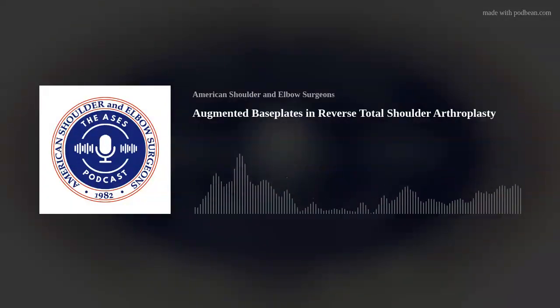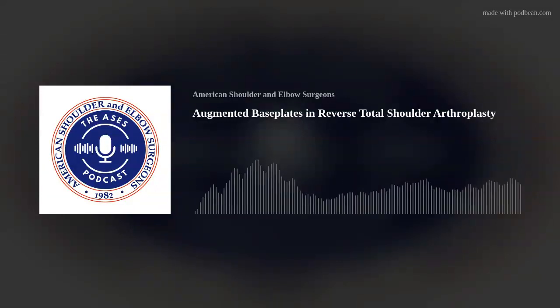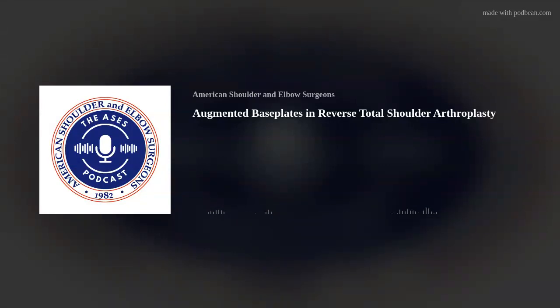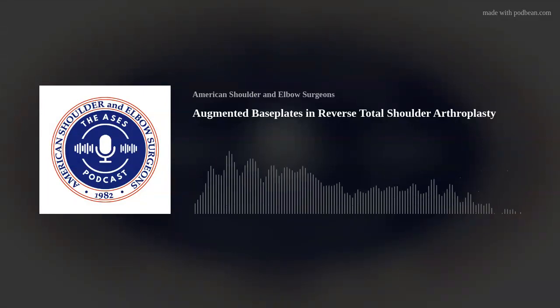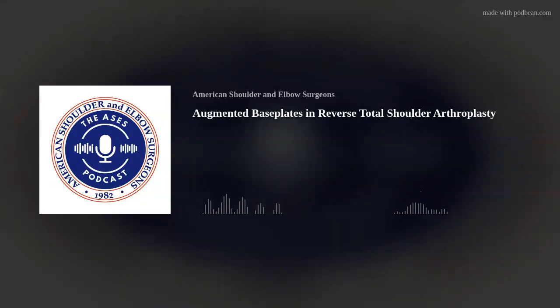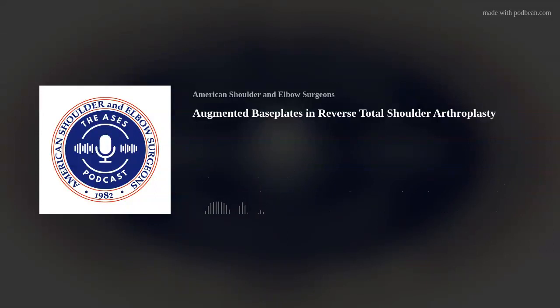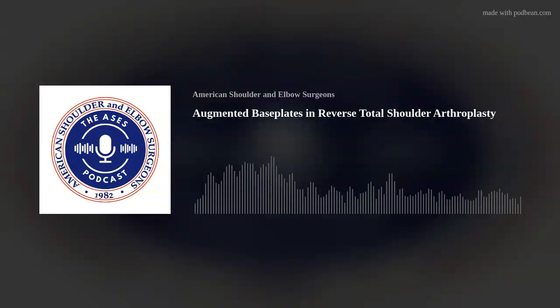But the truth is, I echo what Andy was saying. I get concerned with the poly that has a keel in it. And when I see that on my preoperative CT scan, then I start thinking maybe just standard off-the-shelf components may not work. Most of them can be done with wedges or half wedges, and I've had good success with that.